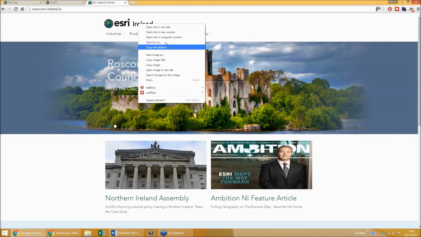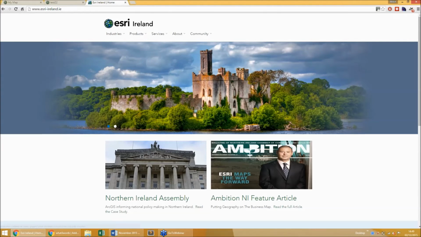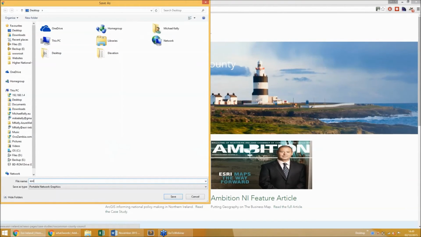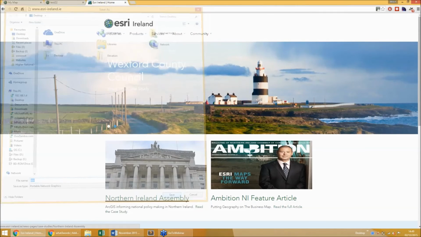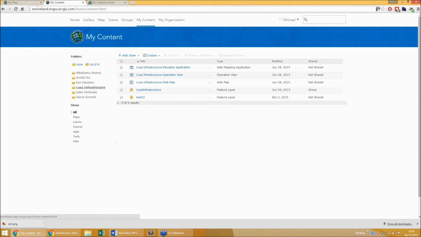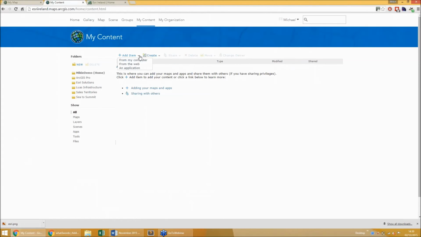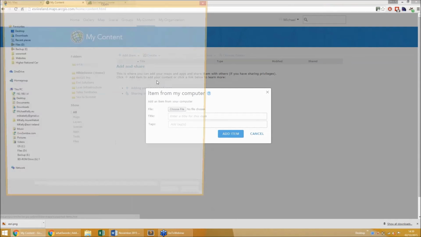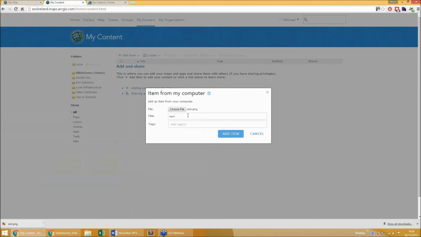So I'm going to save this image to the desktop, and I'm going to add it in here, my content. If you're using an image within one of your applications, if you have a logo or something, you can use this to host it. So you can add an item from your computer, select the image, and I'll say Esri logo.